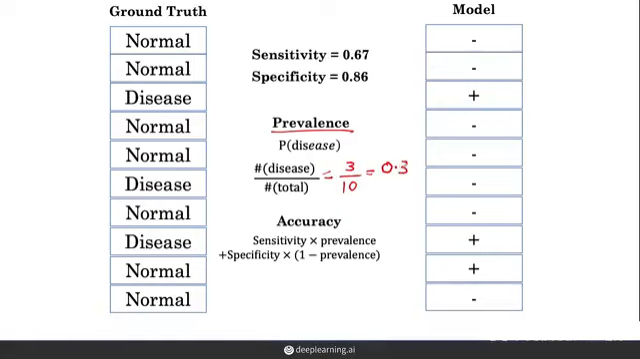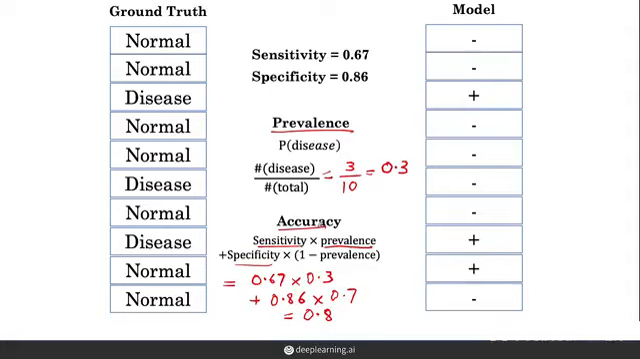Now, using the relationship between sensitivity, specificity, and prevalence, we can also get to the accuracy. So this is going to be equal to 0.67 times the prevalence, 0.3, plus the specificity, 0.86, times 1 minus prevalence, so 1 minus 0.3 is 0.7, and this comes out to 0.8. And we can confirm with a simple calculation of the fraction that we get correct that the accuracy is indeed